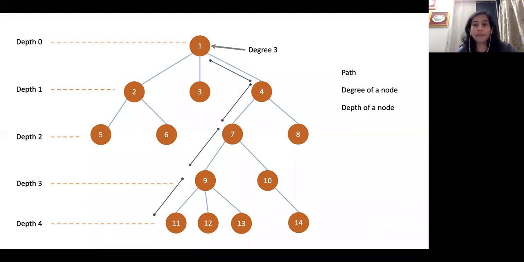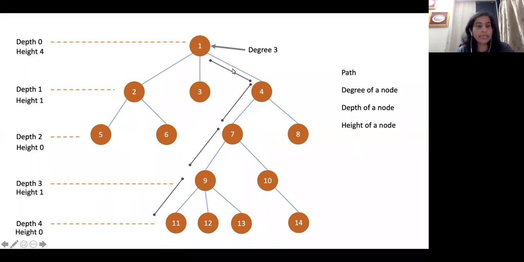Then what is the depth of a node? You always count the depth of the root to be 0. And for any node onwards, you count the number of edges on the path to the root node. In this case, this particular node has one edge going to the root, so its depth is 1, and 5 has 2 edges going to root 1, so this is depth 2. In this case, depth is 4 because there are 4 edges which take it to your root node.